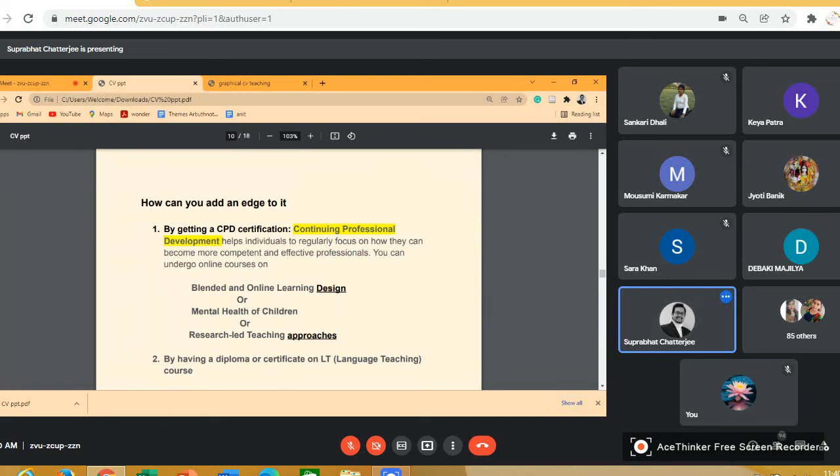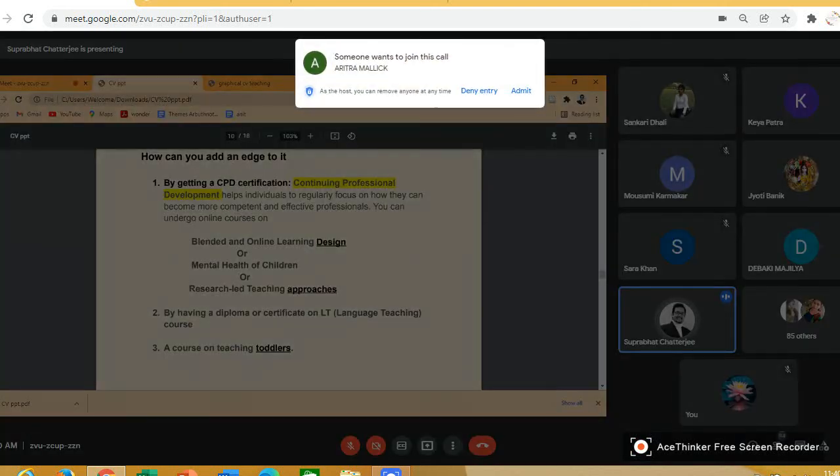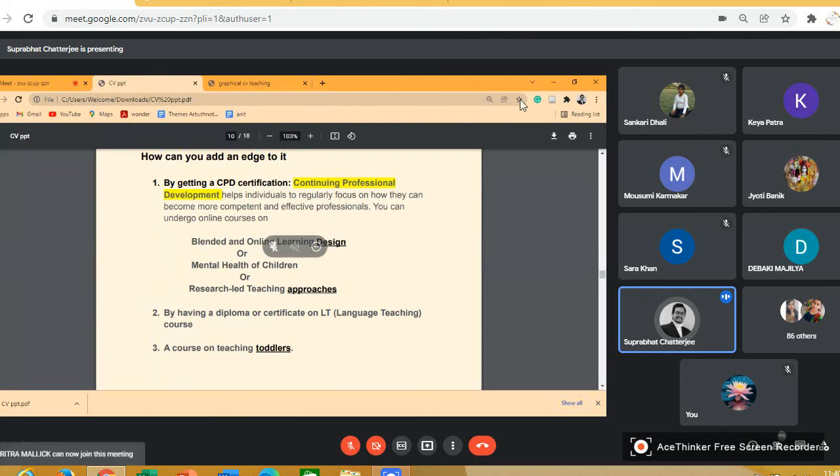So for the toddlers, you learn this, you present this in your CV, you get an extra edge. এবং শুধু এটা সার্টিফিকেটটা থাকলেই হবে না, you have to be actually learned in this, right? Okay. Next, you can do a diploma or certificate in LT, means language teaching. I'm using short forms so that you can at least remember some of them, CPD, LT, কিছুটা যদি মনে থাকে আর কি, সেই জন্য। সো যদি তোমরা কেউ ল্যাঙ্গুয়েজ টিচিং এর পার্ট হও, ইংরেজি, বাংলা, সংস্কৃত, whatever, so you can